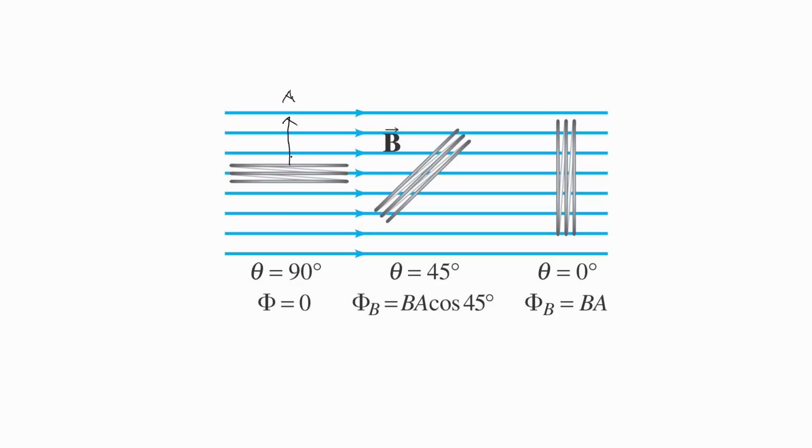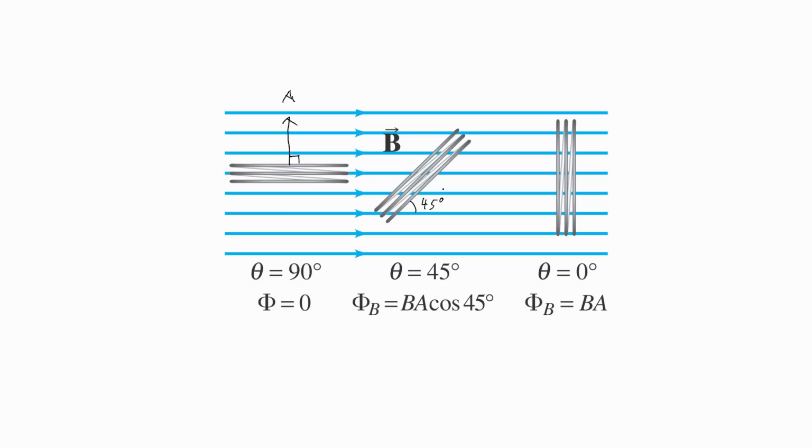In this case, you're going to have cosine of 90, which is going to be 0, so there's no flux. And you can think about it qualitatively. There's no field lines going through the loop when it's in this orientation. Now if we rotate the loop a little bit, and then at a 45-degree angle here,